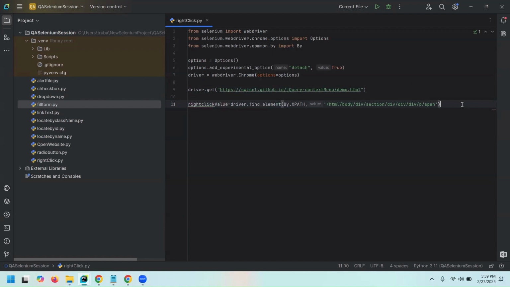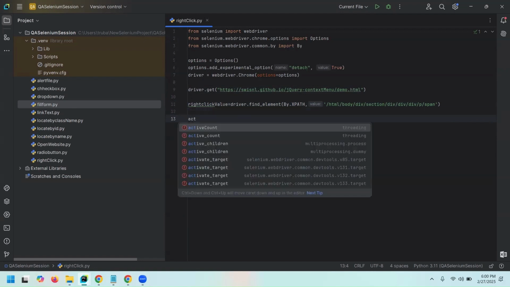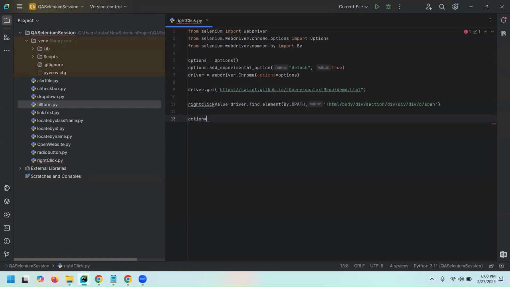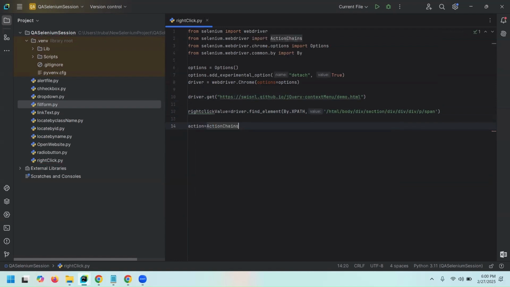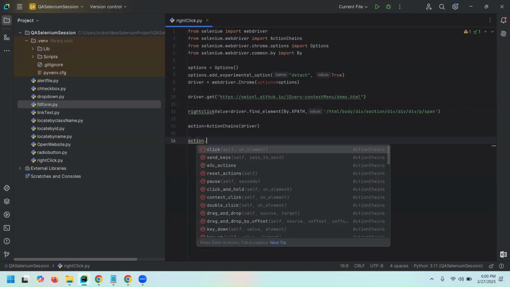So this is where I'm trying to store the value of right click. Now I want to perform actions. So I'll create a reference as action and I will use the class. Remember, the class used to perform action is ActionChains. This is the class, and here I'm going to pass the driver. And now using this action reference which I've created, I will call the method